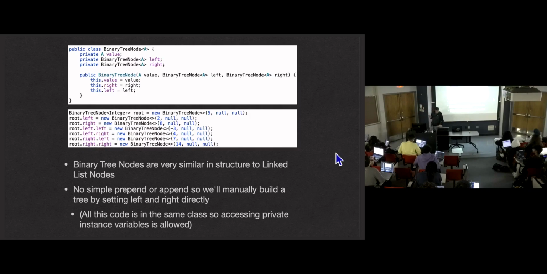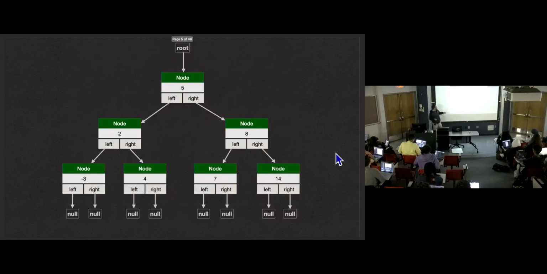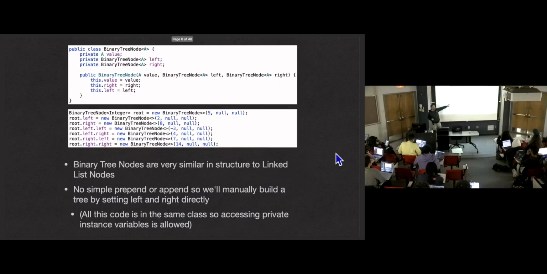Can you use a getter to get like a particular, like root left? So you wanted to get like root left. Could you use a getter to get that? Yeah. When we have our getters and setters and we're using those, and we have only a reference to the root and we want this node, we would do .get left. So you would call it twice. You would call it to get the left node and then call get left on that left node that you got. So you can chain together method calls.